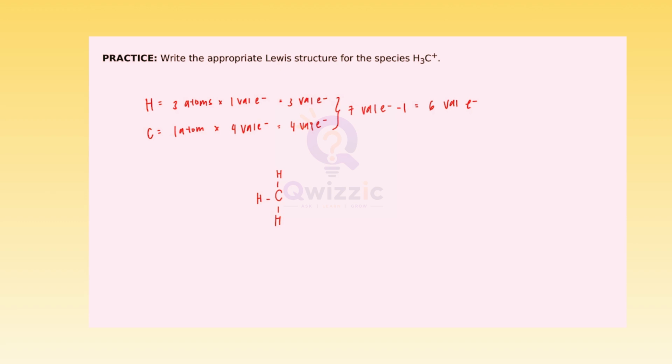So usually when an atom in the molecule has a missing octet, that's a hint that it might have a formal charge. So our carbon atom in our case is going to be the atom that does not have a complete octet. So our formula for calculating formal charge, we'll simplify formal charge to be FC. That's going to equal the number of valence electrons minus the number of non-bonding electrons minus the number of bonding electrons